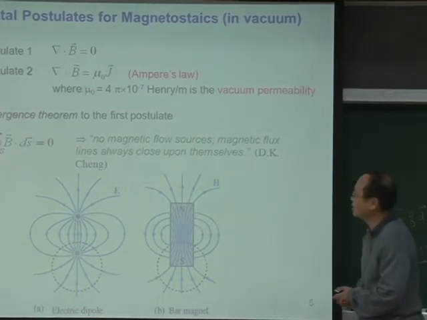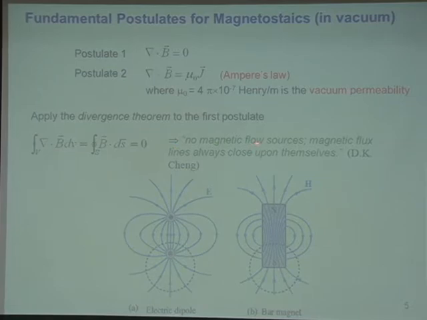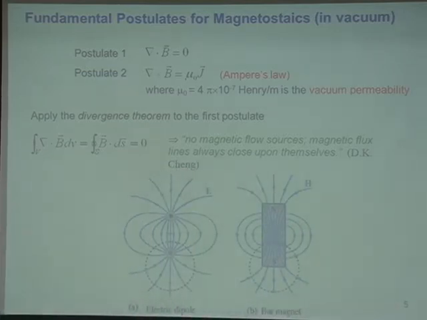OK， 所以呢，这个第一个 postulate 告诉你的物理意义是什么？No magnetic flow source. Magnetic flux lines always cross upon themselves. In other words, the magnetic field line always come back to the magnetic source. 它永远都形成一个这个 loop 回来。OK， 那是第一个这个 postulate 告诉你的。所以你如果拿一个这个磁铁的话，它一定都有这个N 跟 S。